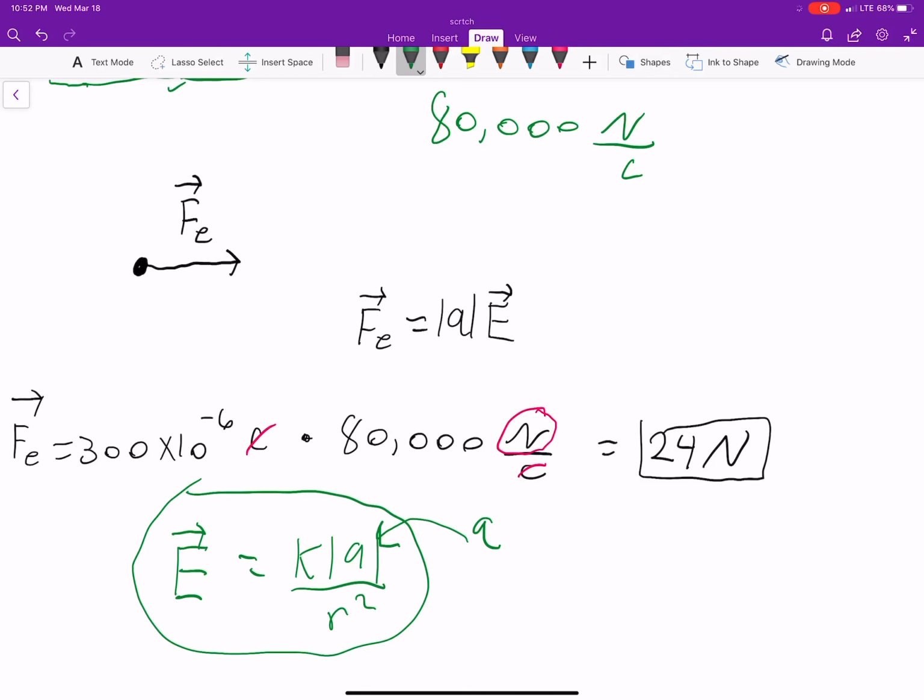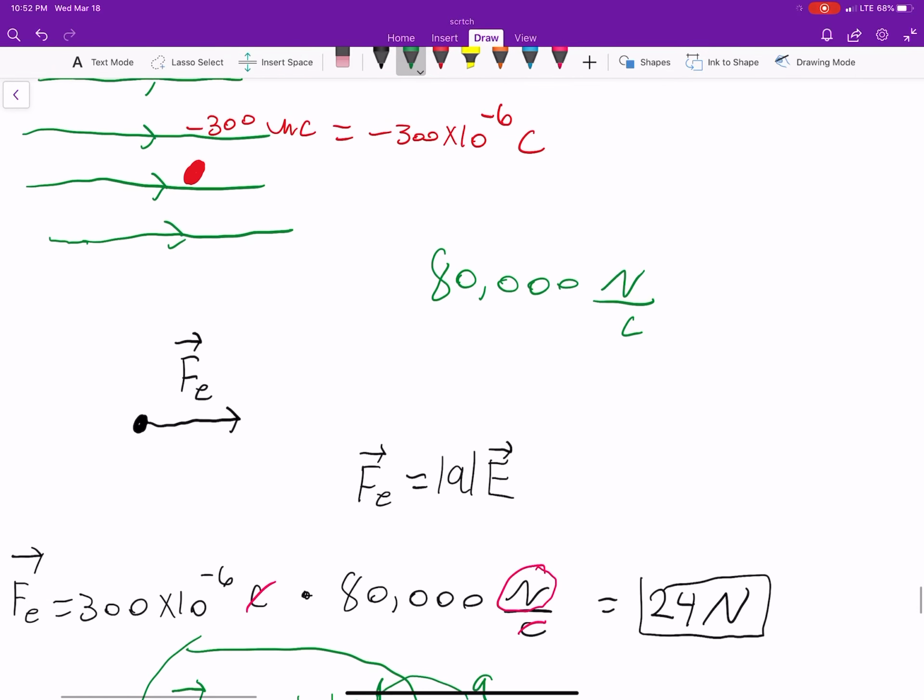We're interested in the force a point charge feels inside that electric field. So this isn't necessary. I just wanted to point that out because I've seen that as a question before. So hopefully that